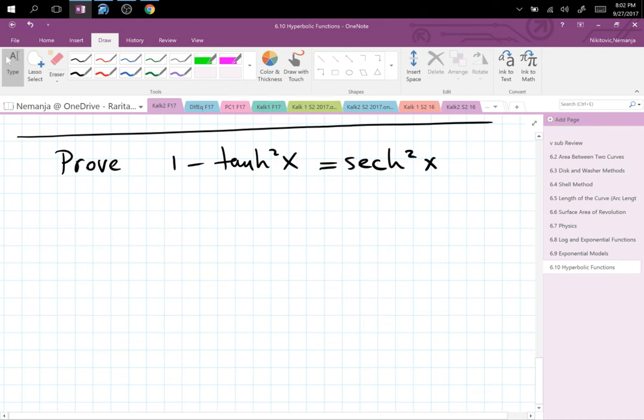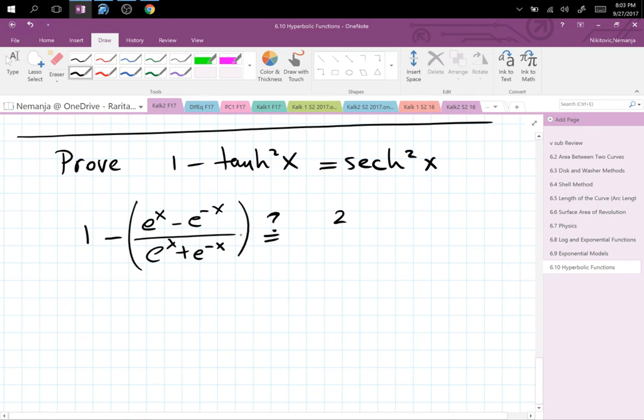Let's take a look at this together. Again, this is one of the basic identities. Most people will remember these identities because they want to be cool, I guess. So I will copy: 1 minus tangent, which is sine over cosine hyperbolic, so e to the x minus e to the minus x over e to the x plus e to the minus x, all of that squared, needs to be the same as